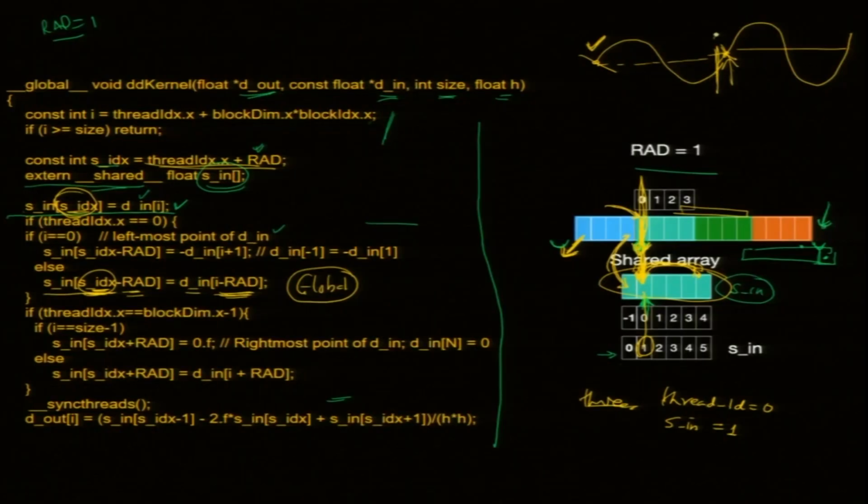One student should have only one roll number, and his solution should be clearly defined. So, the rightmost point is not stored for a periodic box, and you keep from here to one point to the left. Now, what guess should I make? If it is an odd function near the edge, then I should say the value here, which is minus 1, is the value at 1 with a negative sign. So that is what I put here: minus D at I plus 1, where I plus 1 is 0 plus 1. So, I chose that.